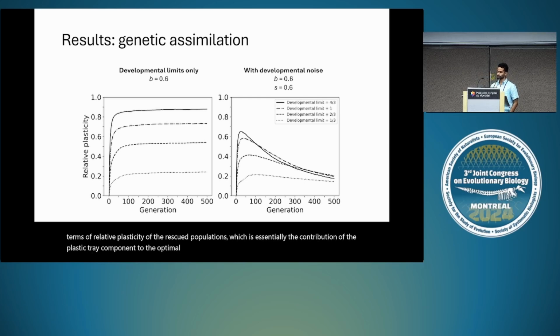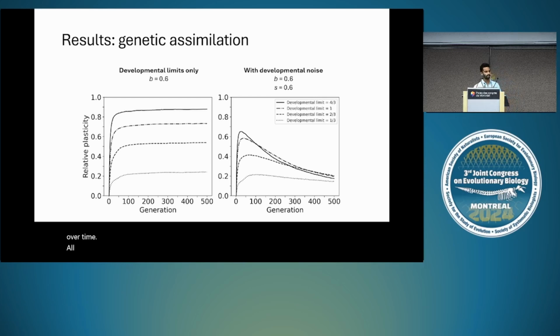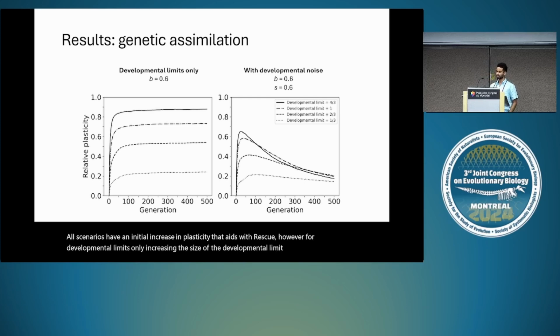So these figures show how plasticity changes over time. All scenarios have an initial increase in plasticity that aids with rescue. However, for developmental limits only, increasing the size of the developmental limit increases relative plasticity, but it's not sufficient to induce genetic assimilation. And for very small values of the developmental limit, the ability for plasticity to evolve in the first place is constrained. So for developmental noise,